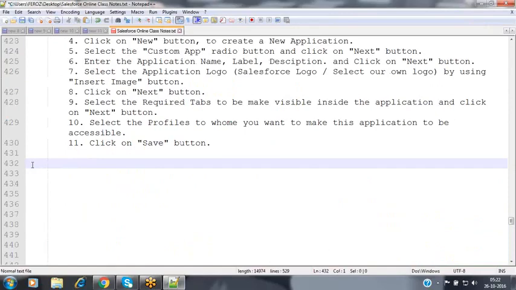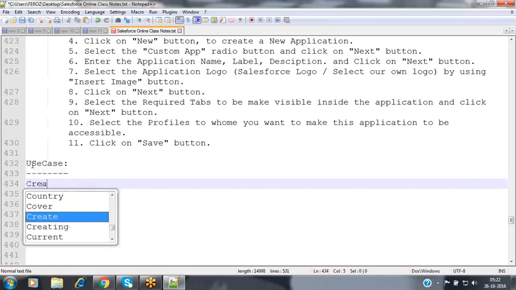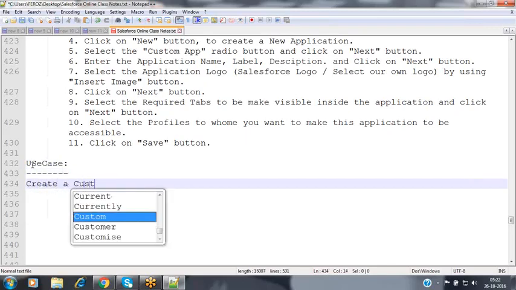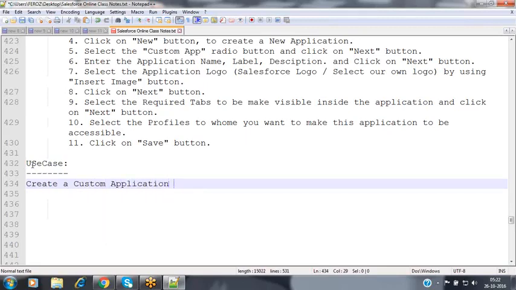Now, let's take a sample example. I would like to create an application. My use case is to create a custom application with the name Talent Management.